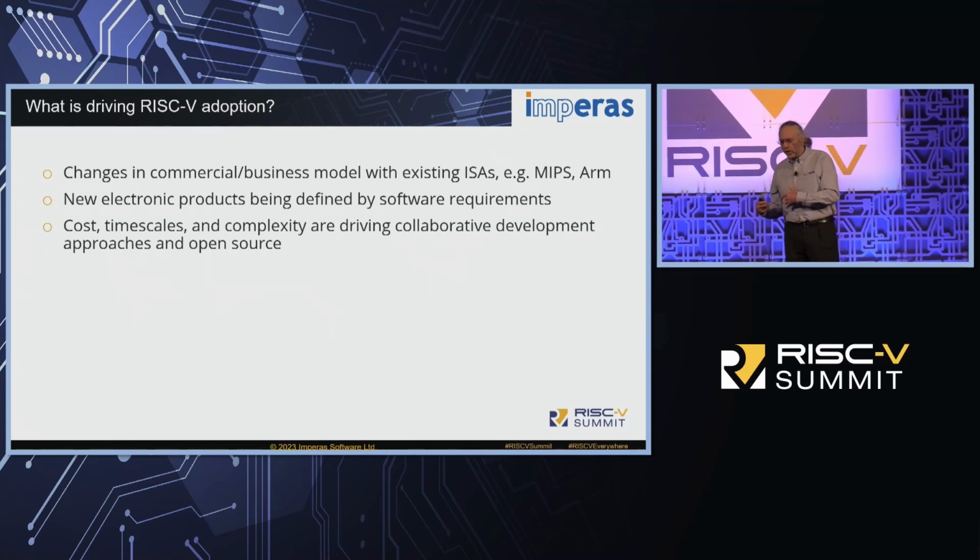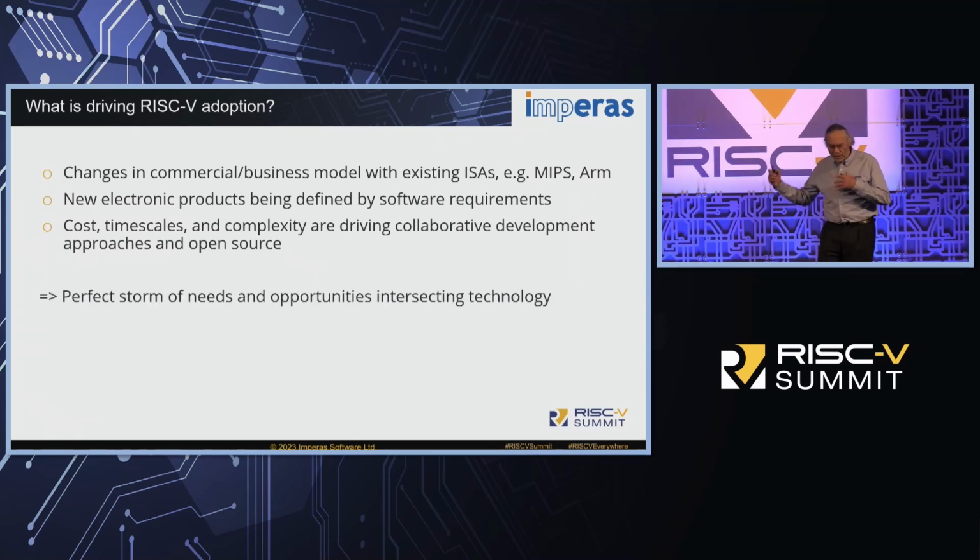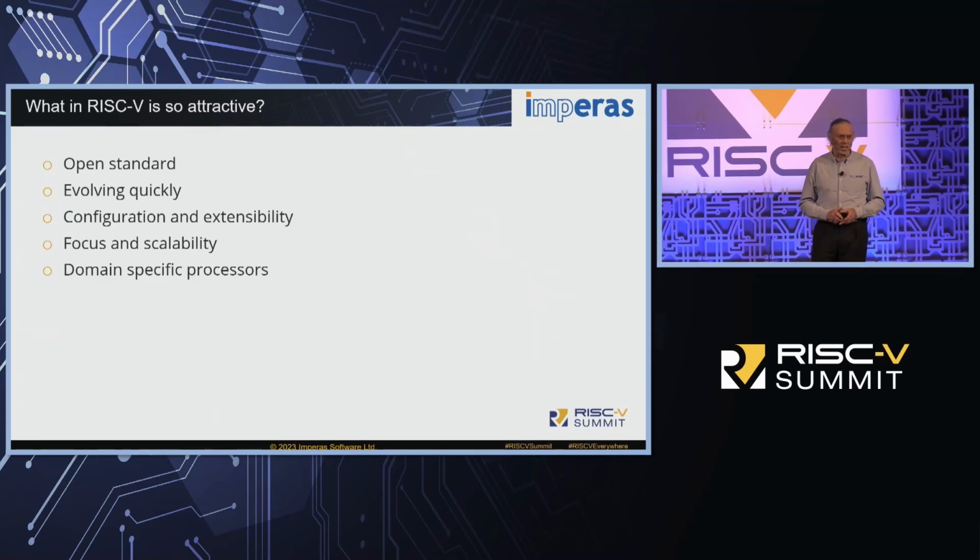An end user has demands on technology now, and a lot of it's software driven. Most high-end technology, it's all software. Everything we interact with really is software. That means electronic products have to change, and we have to change the way that we build them and test them. And the third thing really is that it takes an awful lot of effort to build all this technology. So we need to be more collaborative because of the cost, the timescales, and the complexity. So those things are suggesting we need something better. It's really a perfect storm coming together of different needs and opportunities intersecting. We need to do something differently, and RISC-V is in that space.